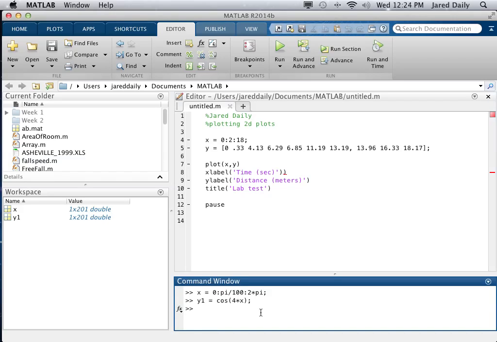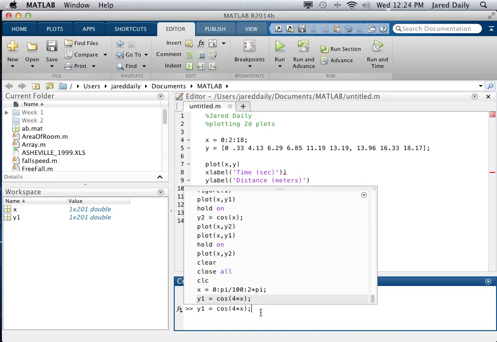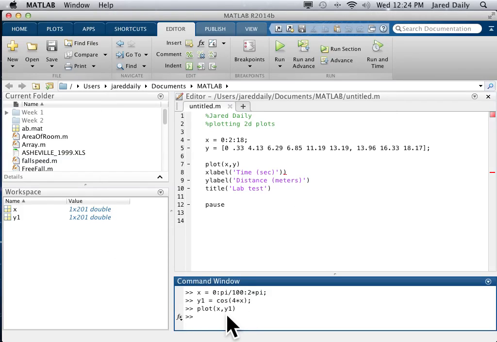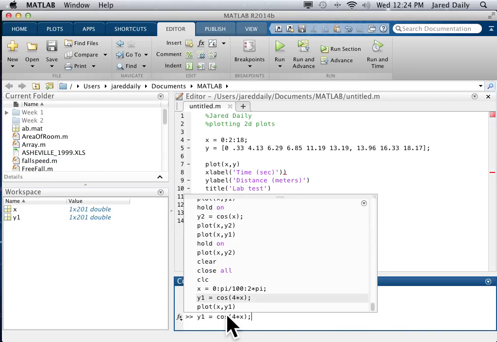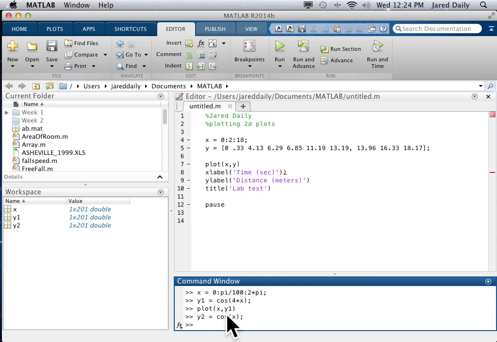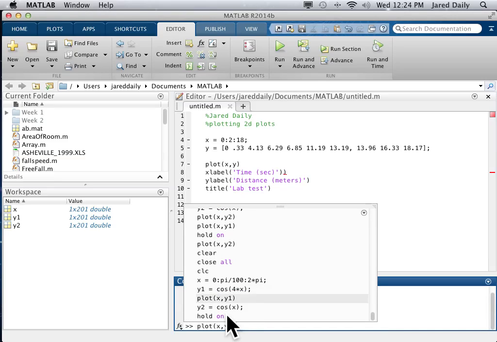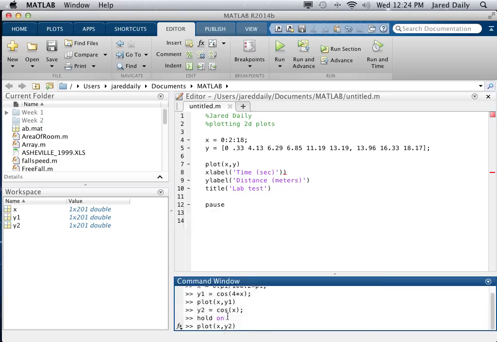Okay, so now I'm going to do my plot of x and y1 right there. So there's my plot of x and y1 with 4 times x. And then I'm going to do y2, which is just cosine x. Then I'm going to put my hold on, actually. Put in hold on. And then I'm going to plot my y2, and then I'm going to look at